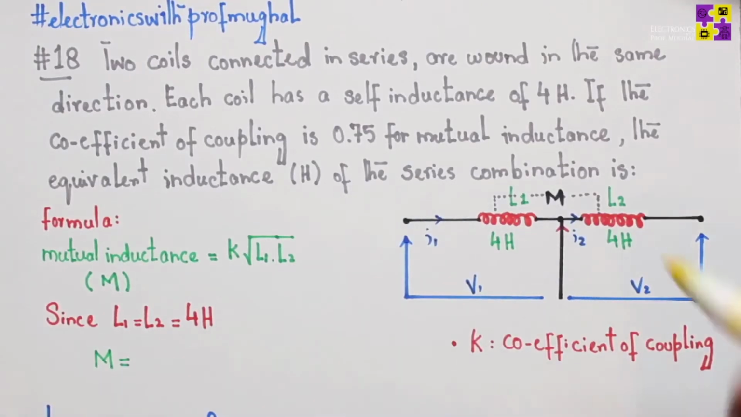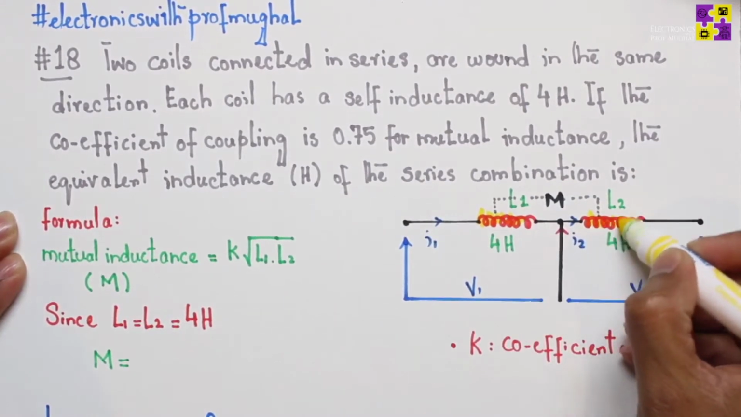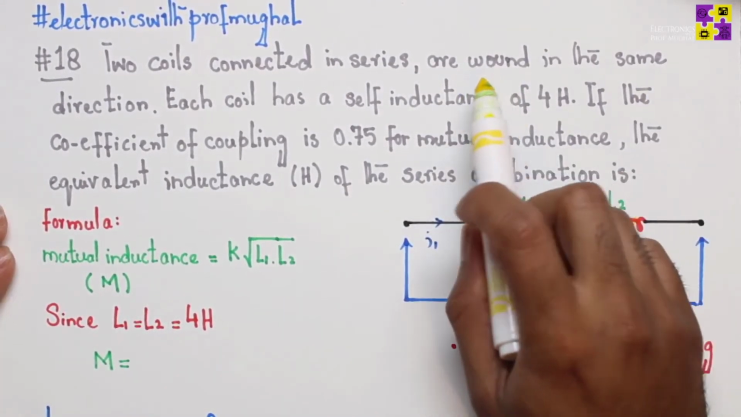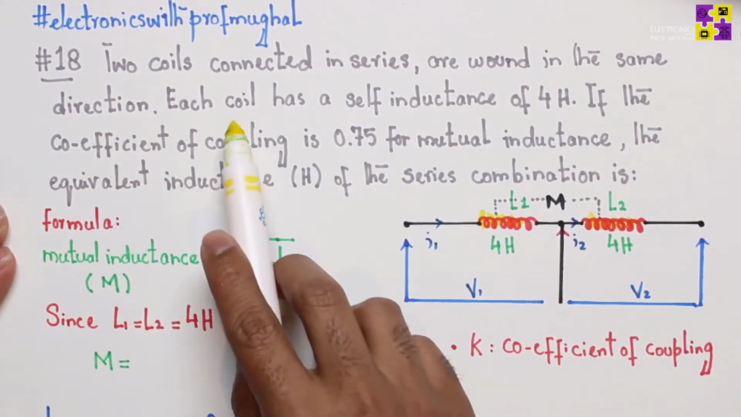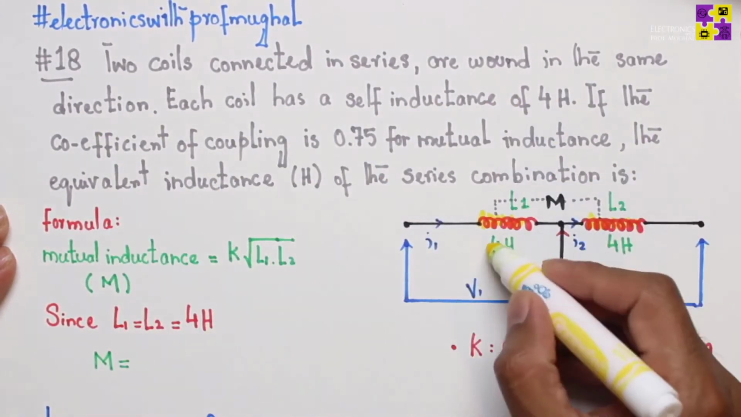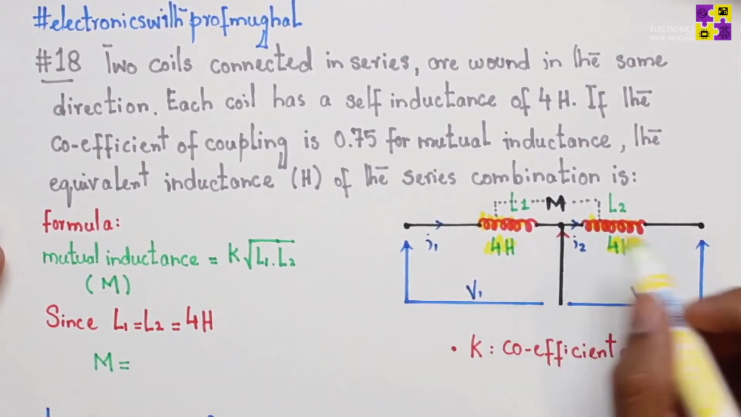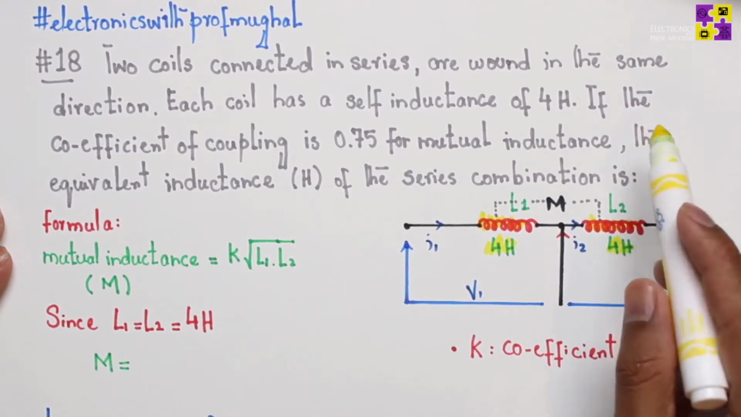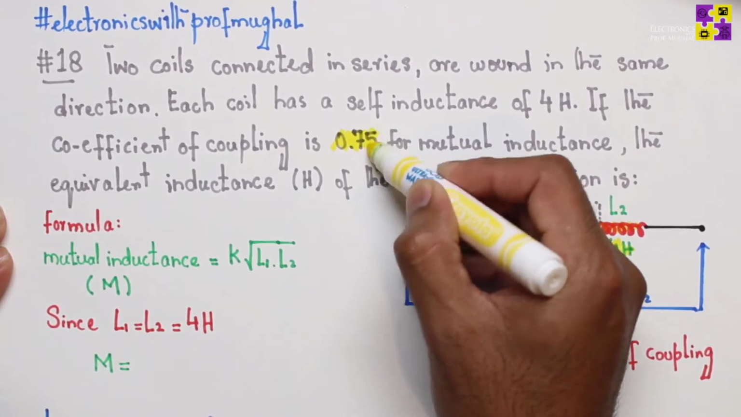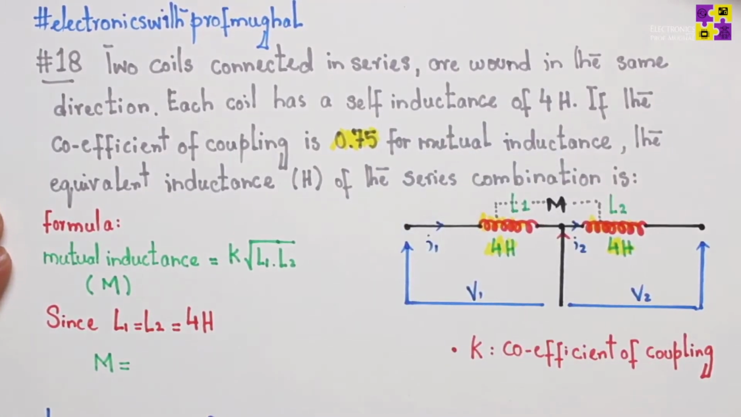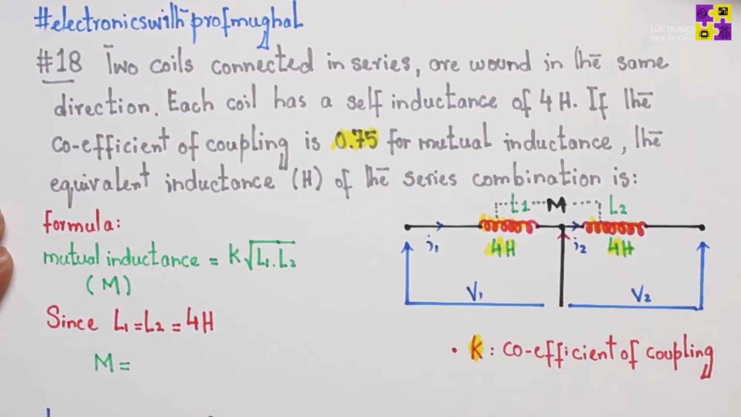The two coils connected in series, labeled L1 and L2, are wound such that they have the same direction. Each coil has a self-inductance of 4 Henry. So that's given: self-inductance 4 Henry, the same for both inductors. If the coefficient of coupling is 0.75, usually represented by lowercase k,